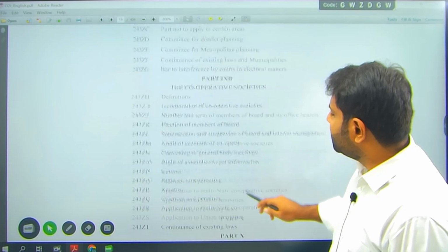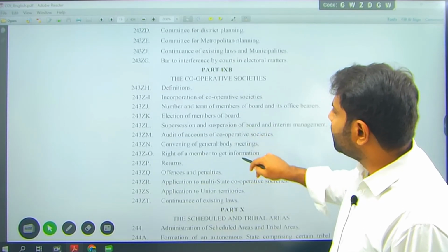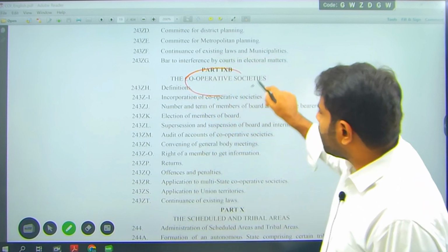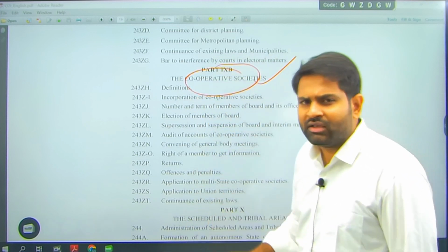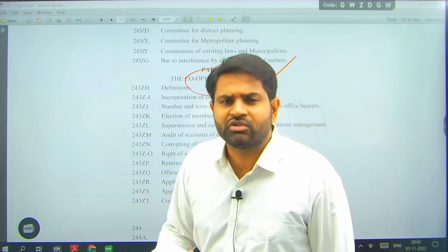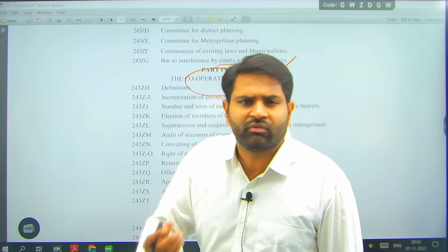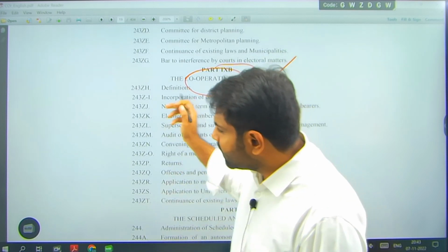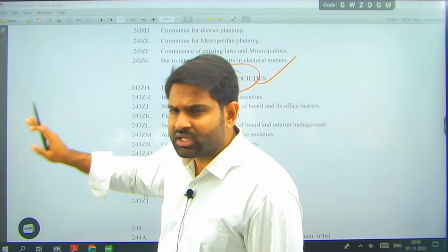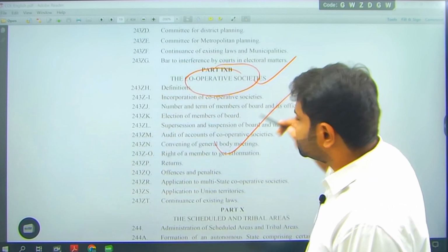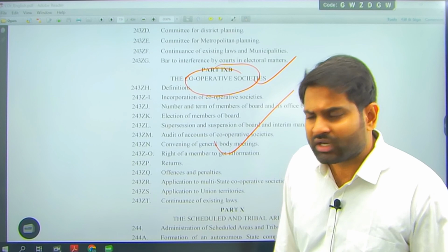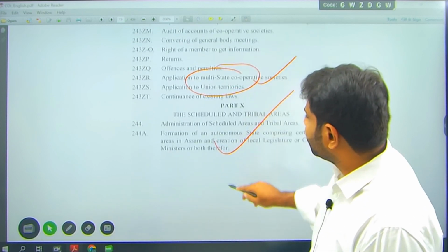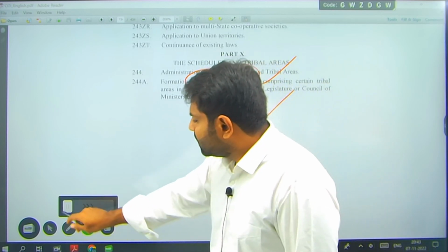Then comes part 9B. Part 9B is also very important, people don't know this. Part 9B is all about cooperative societies. Cooperative societies are very important in a country with so much poverty and unemployment. We have learnt a lesson from the Bangladesh jute industry here, right? But you need to identify the difference between cooperative societies and SHGs in classrooms, right? How cooperative societies will improve the situation and status of people. So in 9B we have cooperative societies.